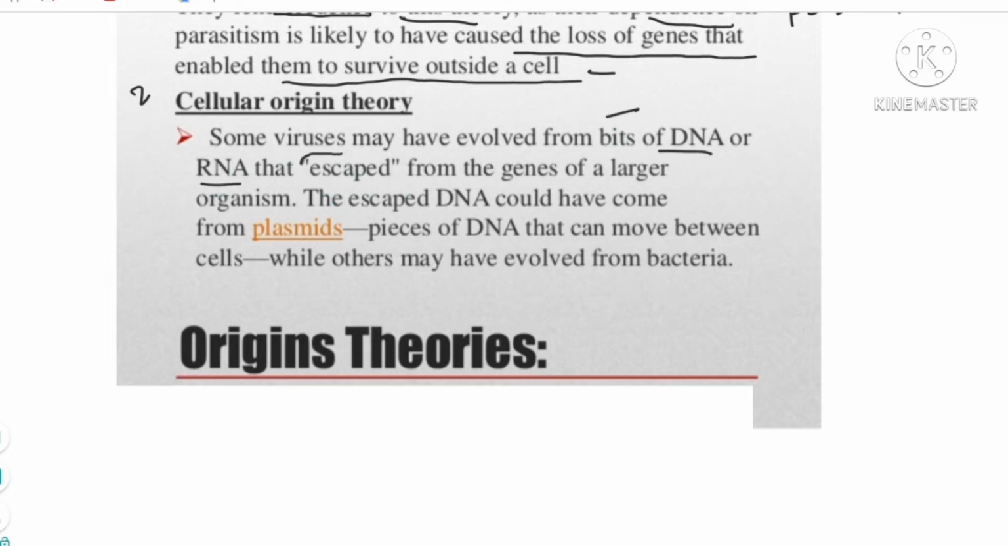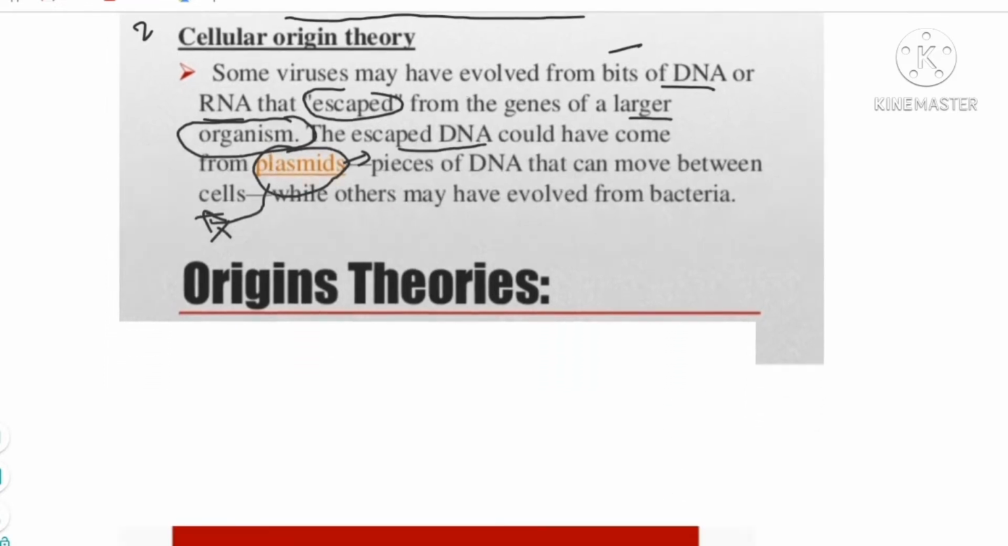These bits of DNA and RNA escaped from the genes of larger organisms. जो larger organisms थे उनके genes से ये fragments of DNA RNA escape हो गए, and this escaped DNA could have come from these plasmids. As you know, what's actually a plasmid? A piece of DNA that can move between cells. So this plasmid is a piece of DNA. It can easily move between the cells and it can replicate,